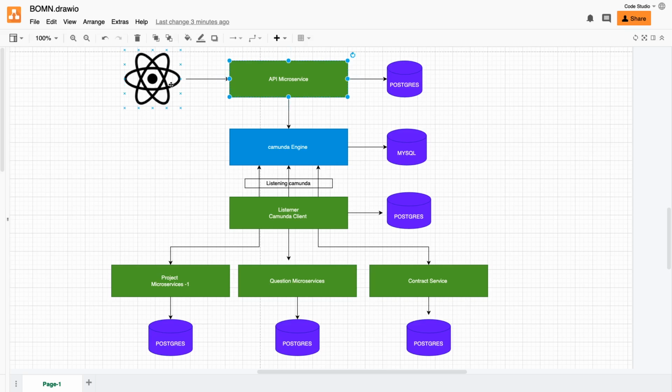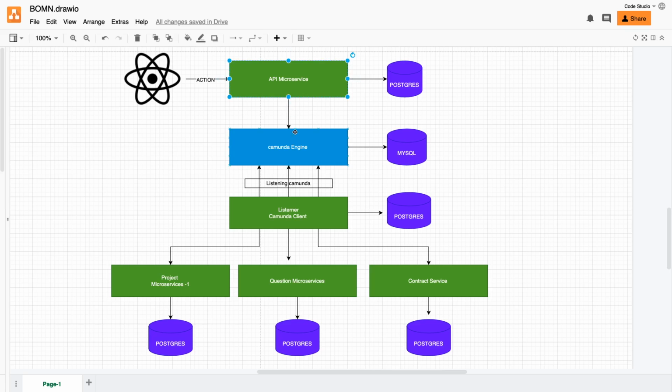You are sending all the actions to it, because the workflow engine will do the actions. Whenever you need to read the data, you will not be reading it through the Camunda engine; you might be reading the data from the microservices where you are persisting it. So here you are sending all the actions. When I say actions, it is create, update, delete things to the API microservice, which will talk to the Camunda engine, because Camunda engine is exposing the REST interface, and we already have this set up through Docker Compose.